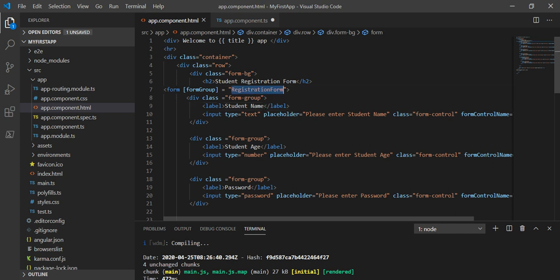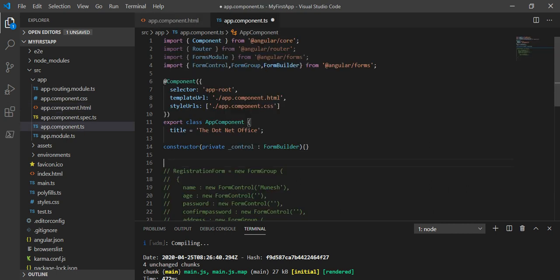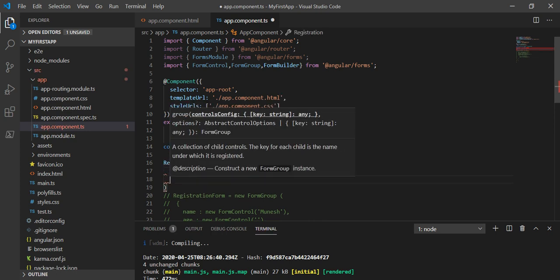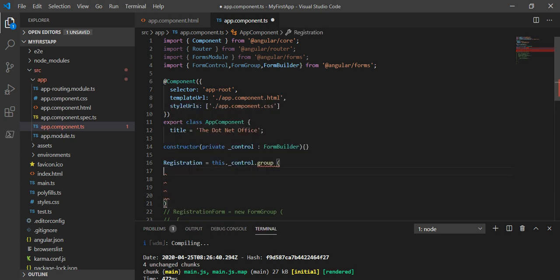This is the form group, and I'm going to assign all the values in this form group. So this registration form equal to this dot control dot group, and inside this we will assign the values in curly braces.